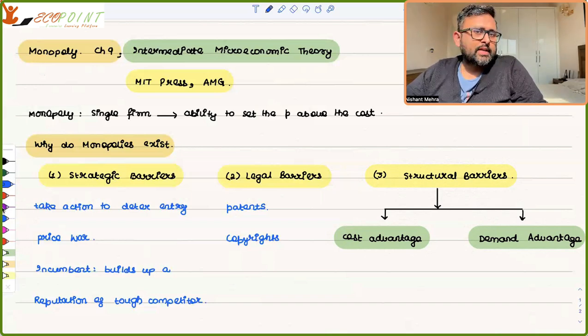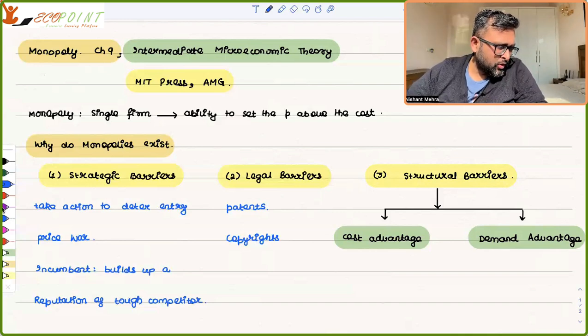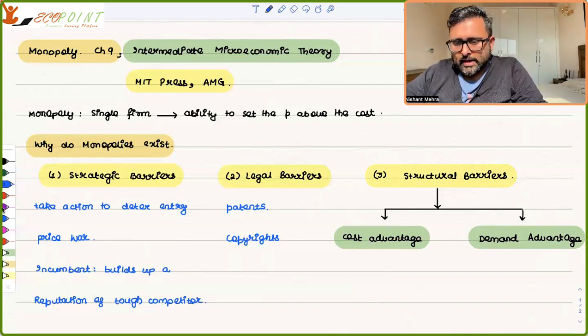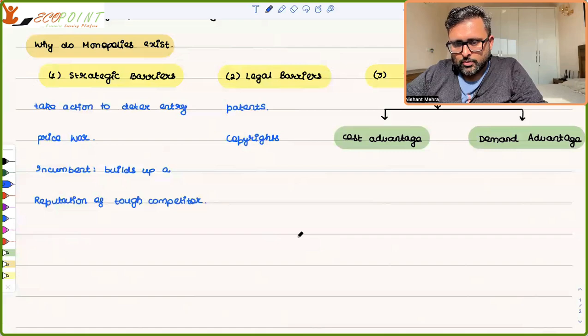उन कंपनीज को सेटअप करने के लिए देयर इज अ ह्यूज कॉस्ट विच इज रिक्वायर्ड, ह्यूज फिक्स कॉस्ट, राइट. एंड but then the moment they are set up, in order to serve a new customer there is hardly any marginal cost. So fixed cost बहुत ज्यादा है, but marginal cost of serving the new customer is almost zero, right. That is almost zero. सो कुछ बातें लिखेंगे कॉस्ट एडवांटेज के लिए, इसको हम अलग से लिखते हैं बेटा,